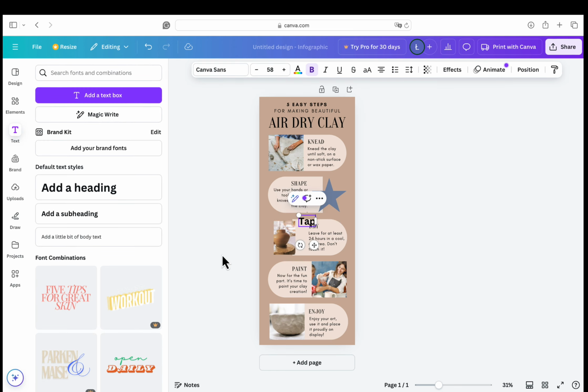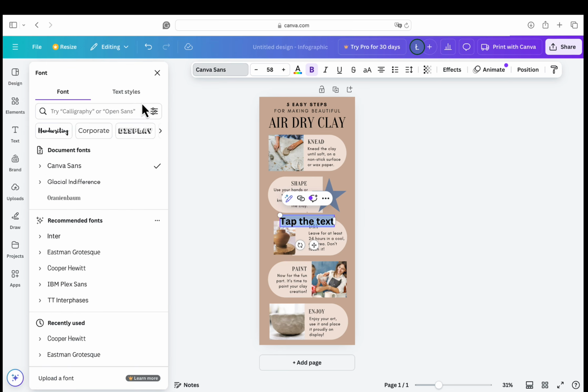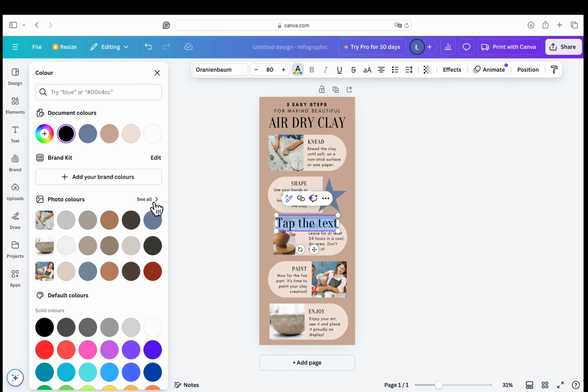You can type your text, choose a font, adjust the size, and change the color. Let's type handcrafted ceramic cups.